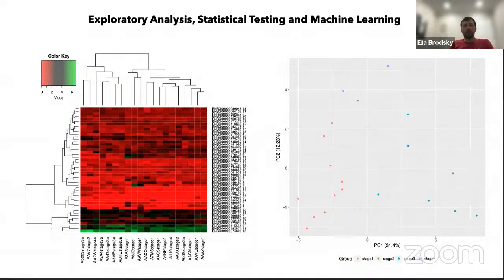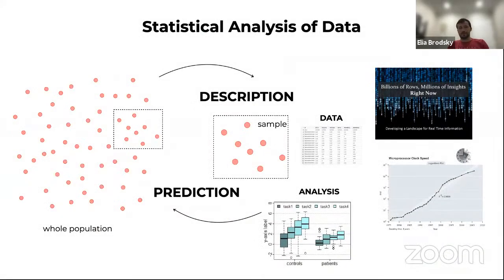And so that's why we will also talk about different methods of statistical analysis, including t-tests, f-tests, ANOVA, regression, and other types of methods that will explain the relationship between variables in our data that we can ultimately use